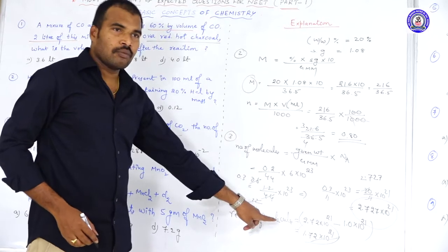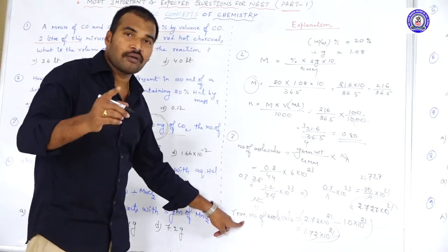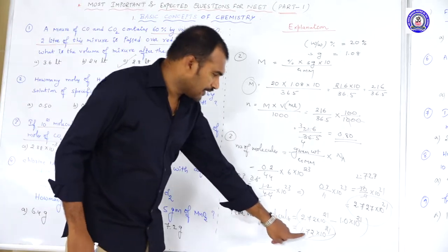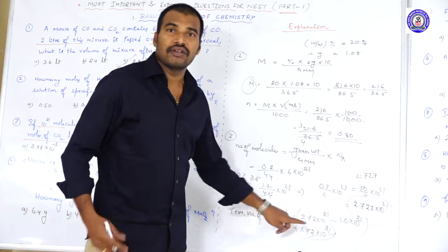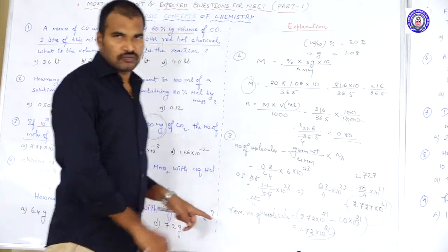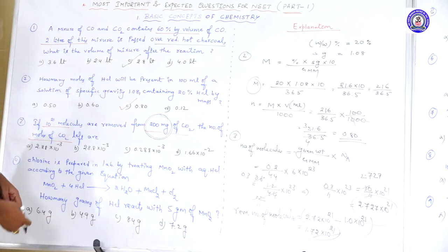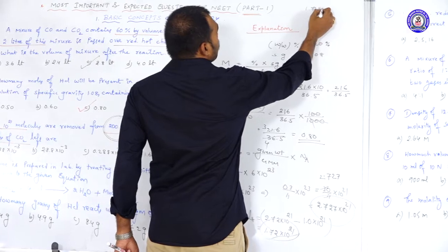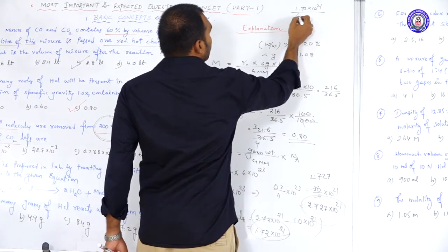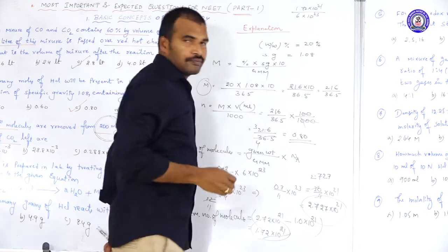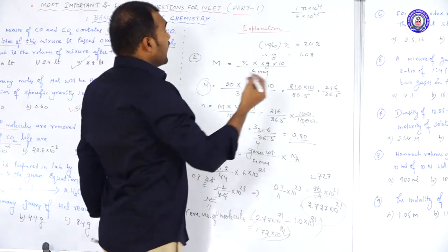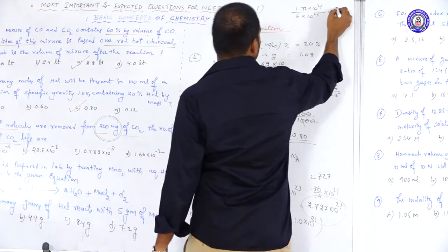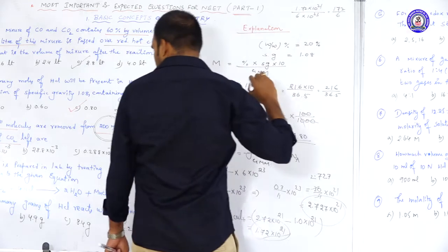Once we get the remaining number of molecules, for the remaining number of moles the formula is the given number of molecules divided by Avogadro number. You just divide this value by Avogadro number, and we will get the total number of remaining moles. So it will be approximately 1.72 into 10 power 21 by Avogadro number 6 into 10 power 23. If you divide, it will be approximately 172 by 6,